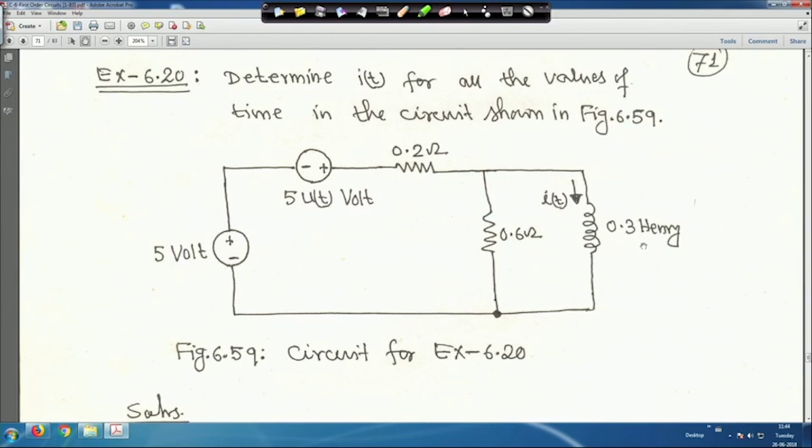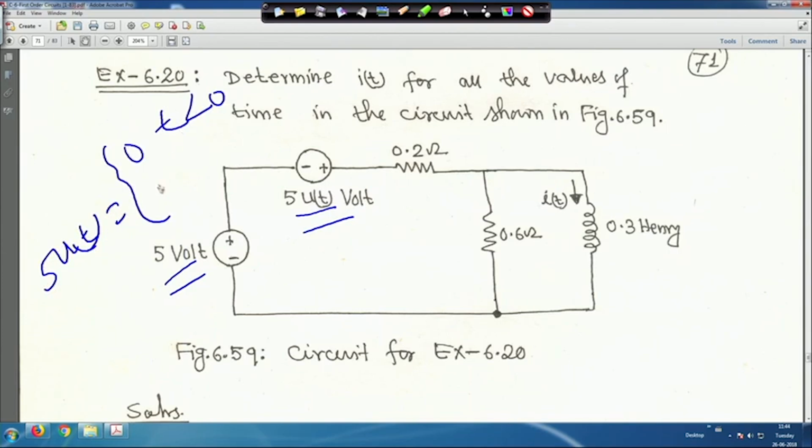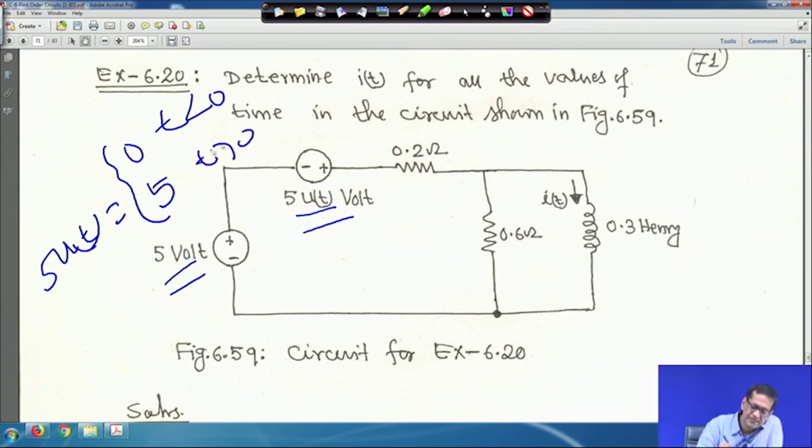So, one thing is there, that this 5 volt is connected, but this is 5 u(t), right. This 5 u(t) means it is 0 for t less than 0, and it is 5 for t greater than 0, because u(t) is 0 for t less than 0, and u(t) is 1 for t greater than 0, right. So, in this case,